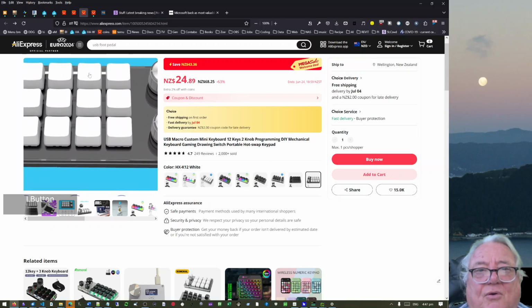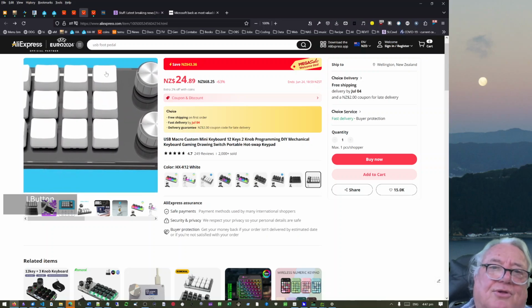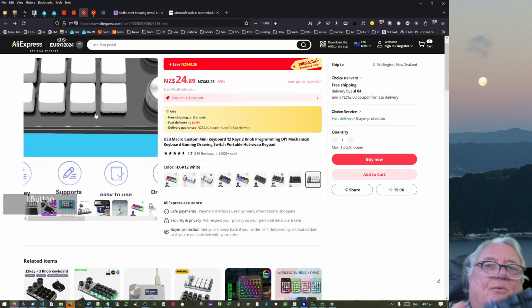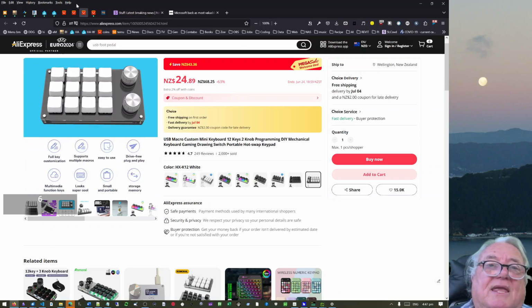wired keyboard. And the fourth one is a Bluetooth keyboard, exactly the same as the other one. It's got the 12 keys and the 2 knobs, but it's got 3 layers on it, so I'll talk about that through there. So the first one, when we come back to the foot pedal to begin with,